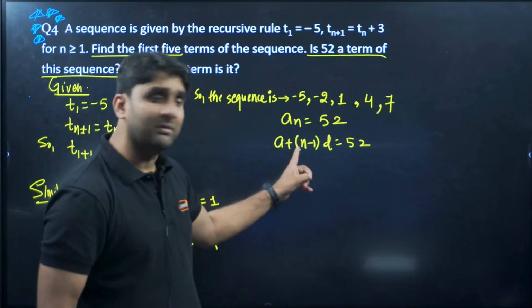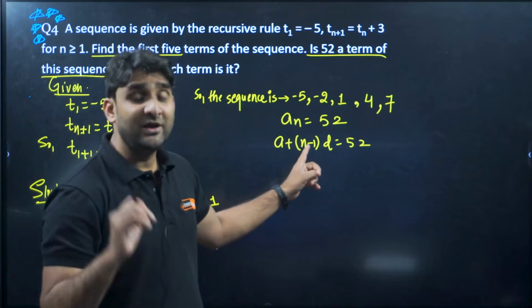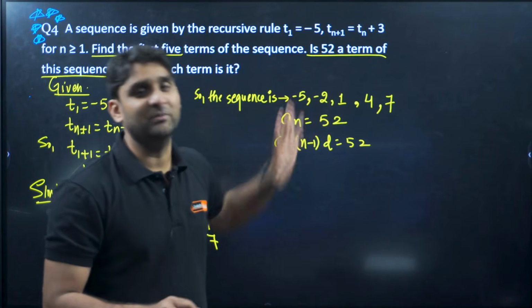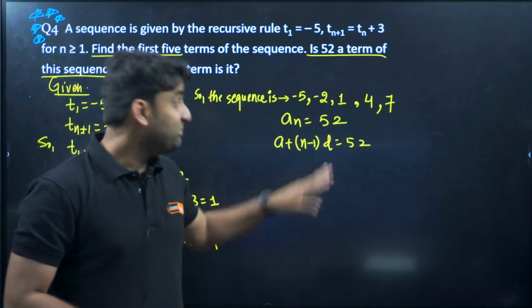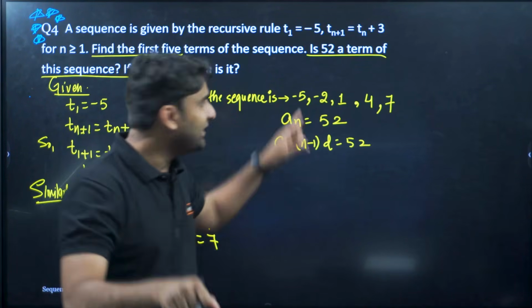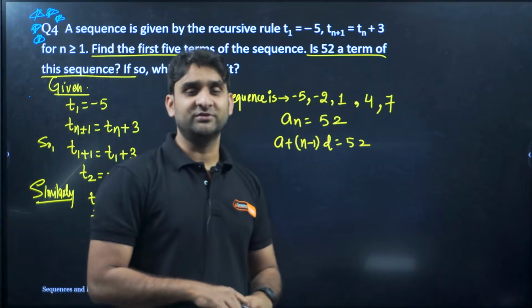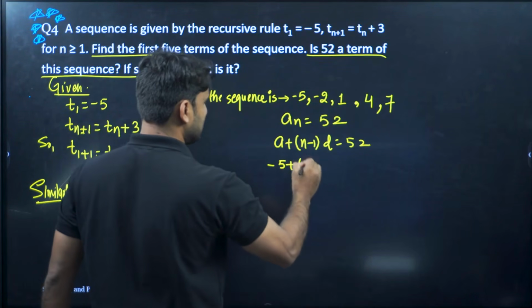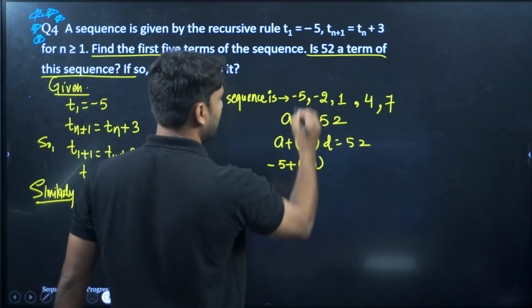So if n comes in whole number and positive, we can say yes, 52 will be the term of this sequence. But if n is coming fractional, decimal or negative, it implies that 52 will not be the term of the sequence. Okay, so a is minus 5 plus n minus 1 as it is, and d we have is 3